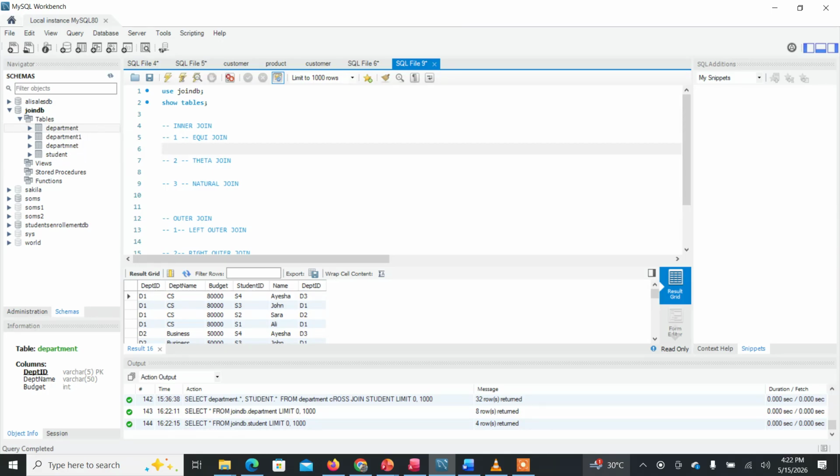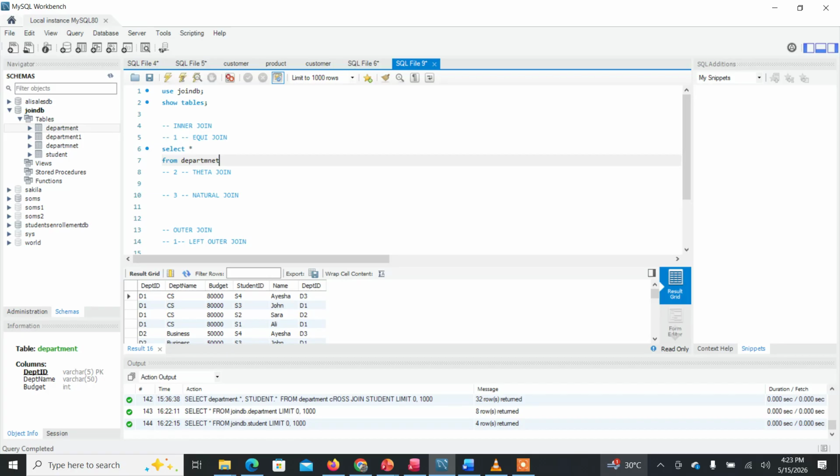So let's select asterisk, meaning all the records from table department, inner join student